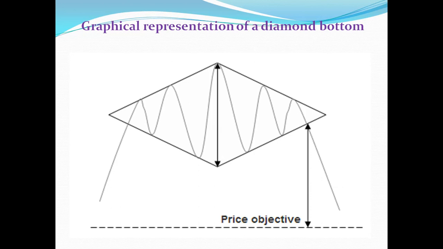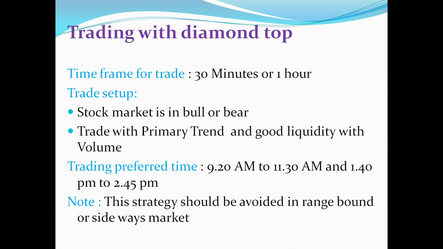So to draw this pattern, you have to draw the trend line, and you see it is two symmetrical lines merged. That also you can see. I already told you about the symmetrical pattern. If you merge two symmetrical patterns back to back, you will get a diamond top. So in trading you have to correlate everything to make trading easy. This pattern can be used in swing trading. I recommend you use the 30 minute and 1 hour chart.